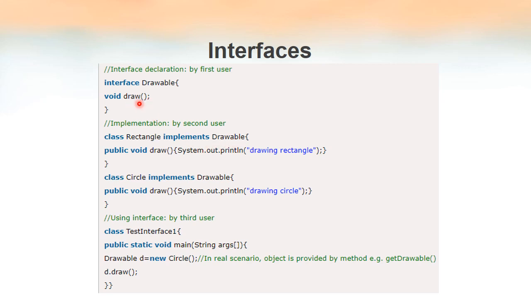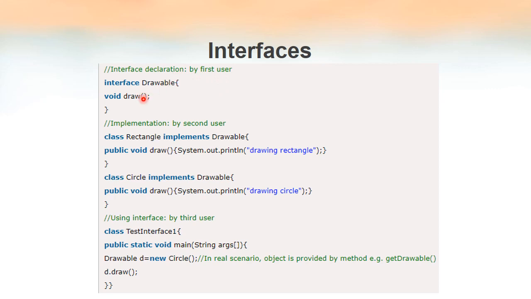In this example, there is only one method inside the interface Drawable. So Rectangle must provide the body of that method here, and it is providing the body. Similarly, the second user is also writing another class, Circle, which again implements the interface Drawable. Inside this class also, Circle is responsible for giving the body, the implementation details, of the method which is abstract inside the interface Drawable. So we have a method body for this method draw inside the class Circle also.